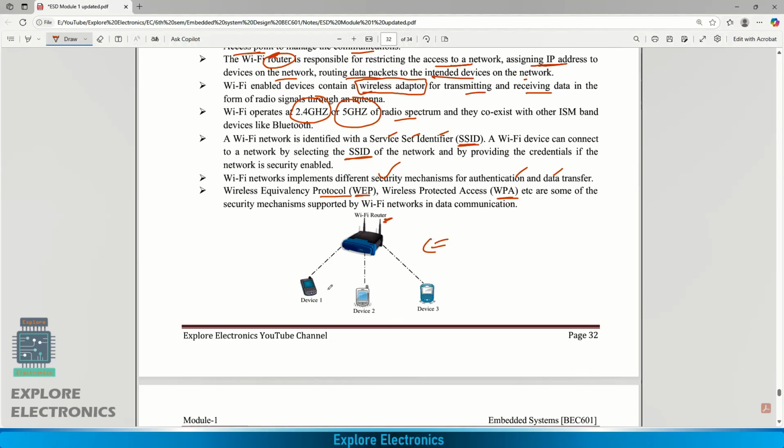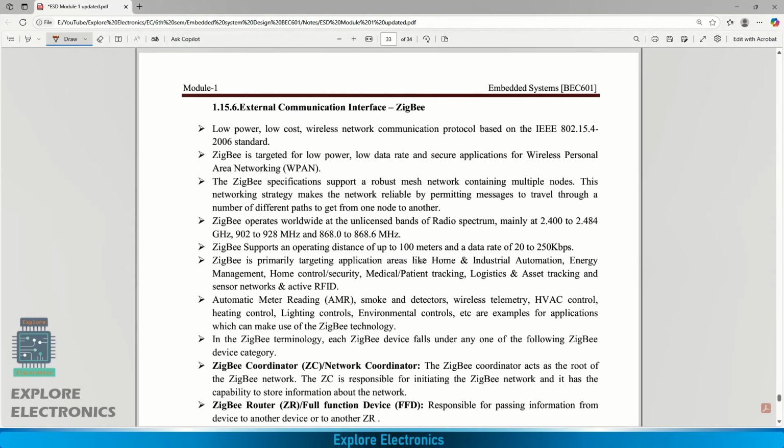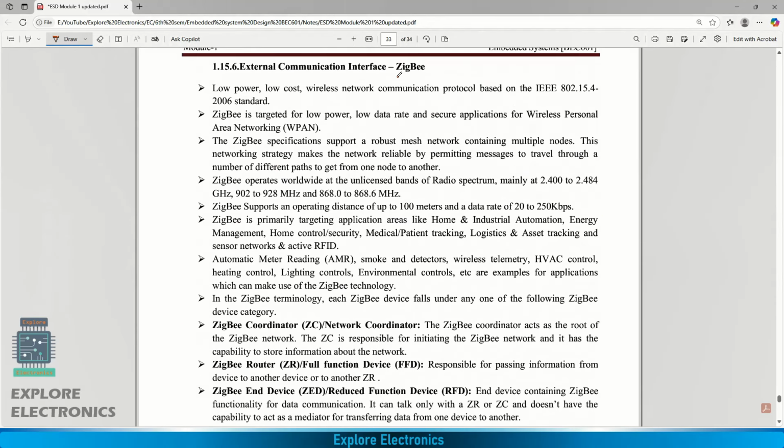Then this is a simple diagram. There will be a router and devices 1, 2, 3 connected. That can be a mobile or any other devices. Then also we will have another external communication interface, that is ZigBee. ZigBee is a low power, low cost wireless network communication protocol. The IEEE standard is this. Okay, IEEE